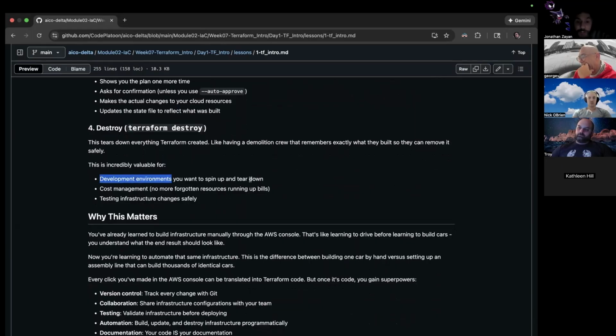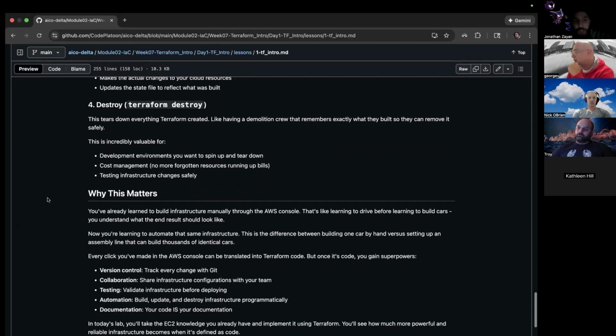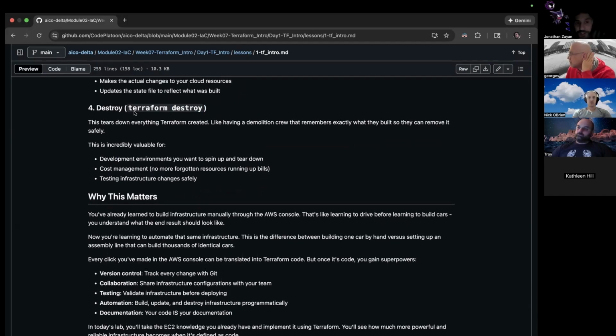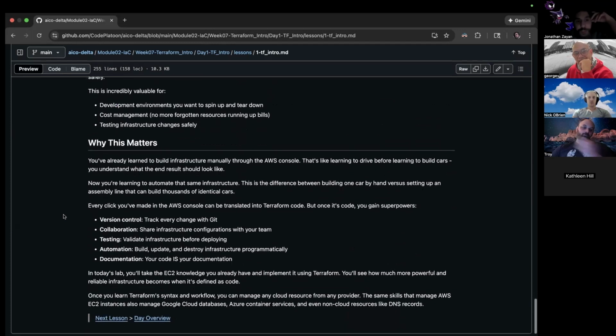In dev environments, you want to spin up and tear down for cost management. If you're just testing stuff, then you can go ahead and destroy it. If whatever you're doing is super important or detrimental to the heart of a big company or an actual prod, I would assume you'll probably never really run this. But for our purposes, you are going to run this at the end of every lab.